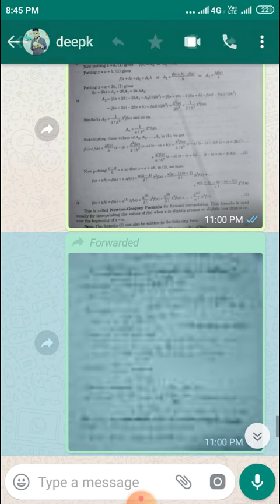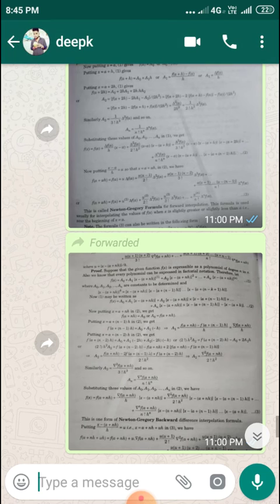So this is the expansion of f(a+uh) is equal to f(a) plus u^(1) delta f(a) plus u^(2) upon factorial 2 delta 2 f(a), u^(3) upon factorial 3 delta 3 f(a) plus dot dot dot u^(n) upon factorial n delta n f(a). This is the Newton-Gregory formula. This formula is used usually for interpolating the value of f(x) when x is slightly greater or slightly less than a, nearby the beginning of x is equal to a.